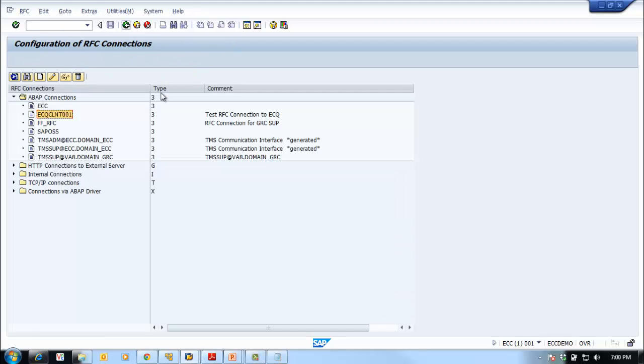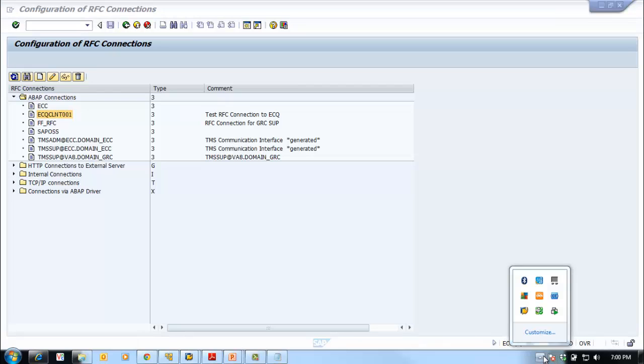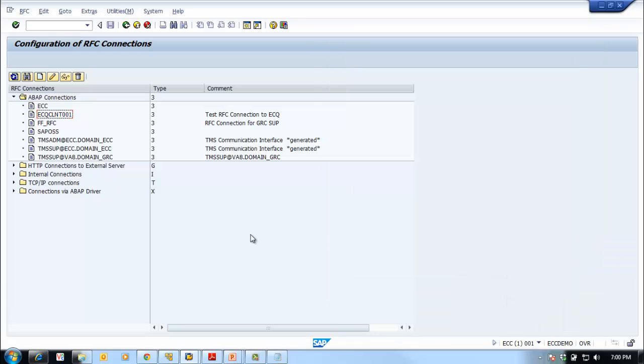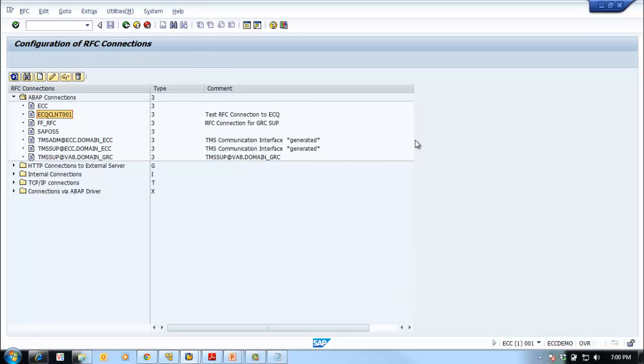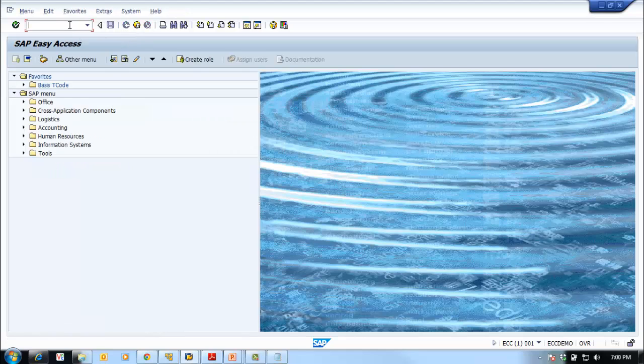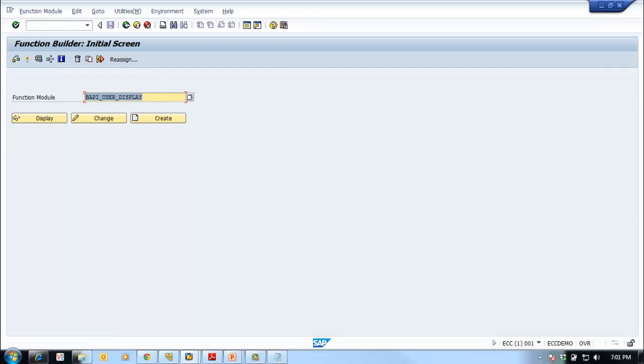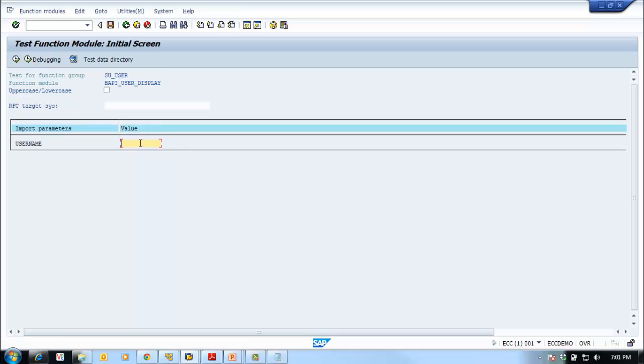Maybe we will use the same function module which we have seen to call the USR02. We used one function module. Let's say we use SE37. Or we can use this function module as well. Let's say